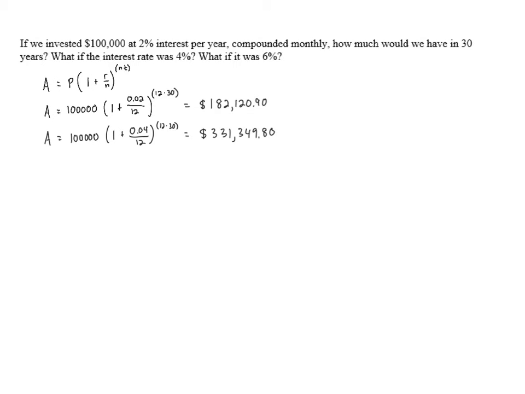In fact, the amount that we earn on top of what we invested has much more than doubled, even though the interest rate has only doubled, and that's because it compounds. Let's do the last one now at 6% interest. The only thing that changes now is R is going to be 0.06. And when we make that change in our calculation, we end up with